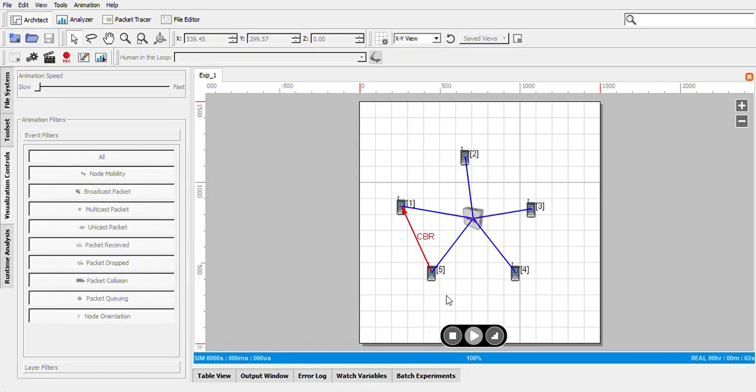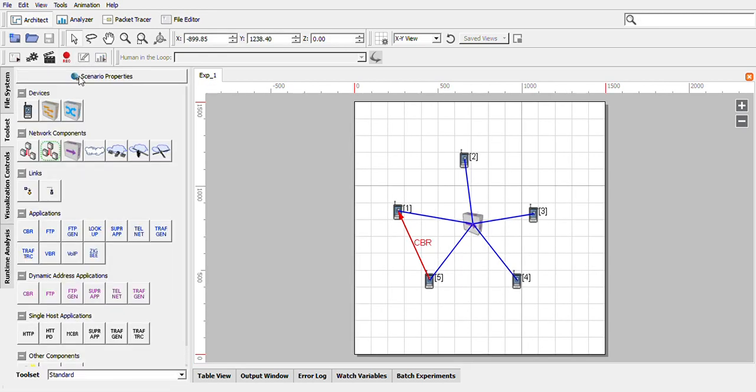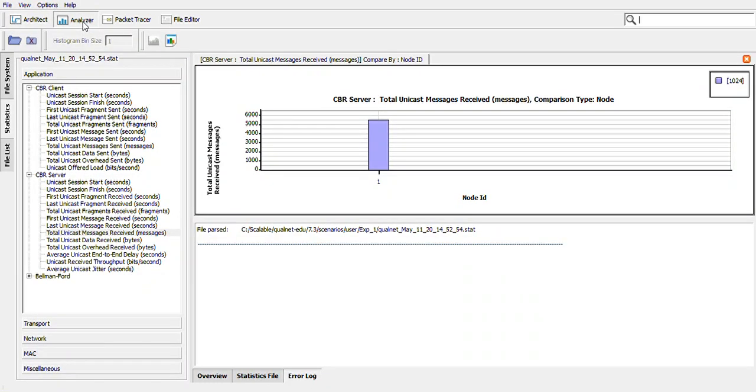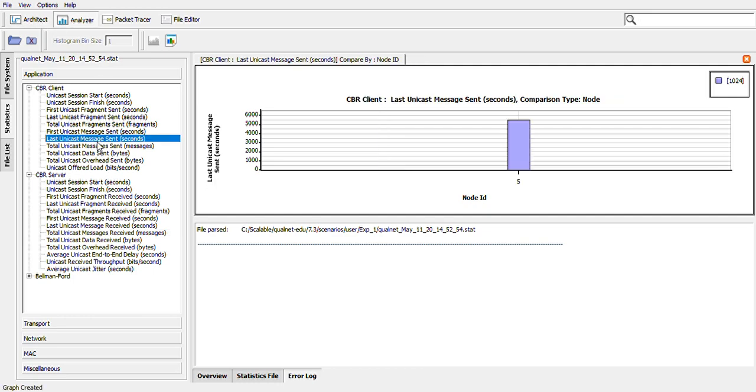Second, you need to configure the topology, like changing the scenario properties and the application properties. After doing this, you go with running the simulation. Once you run the simulation, you go to the analysis part, and there you need to take note of how many fragments the sender has sent and the receiver has received, etc.